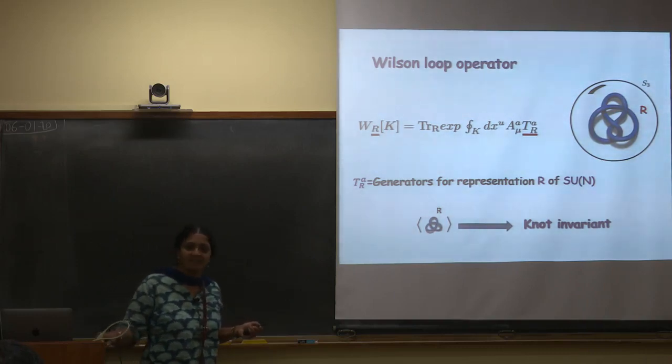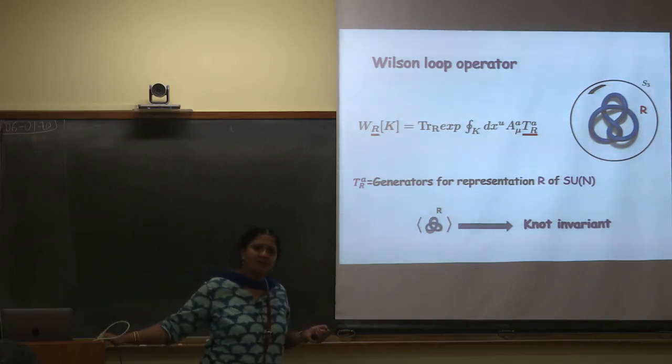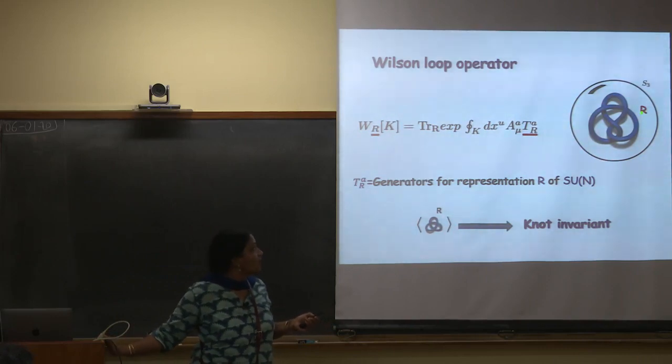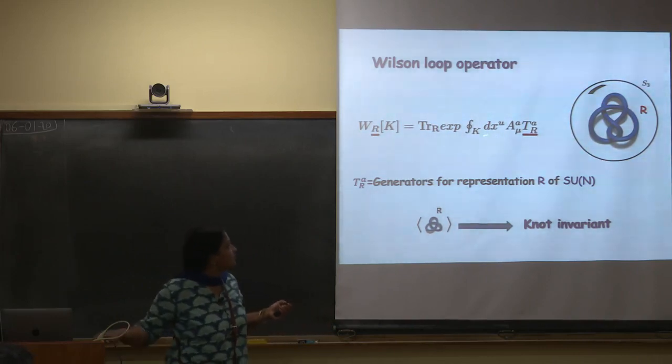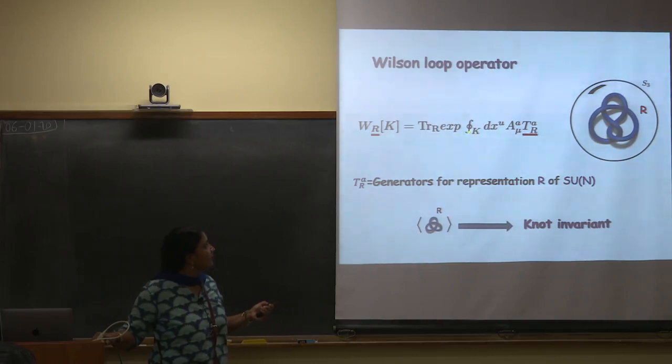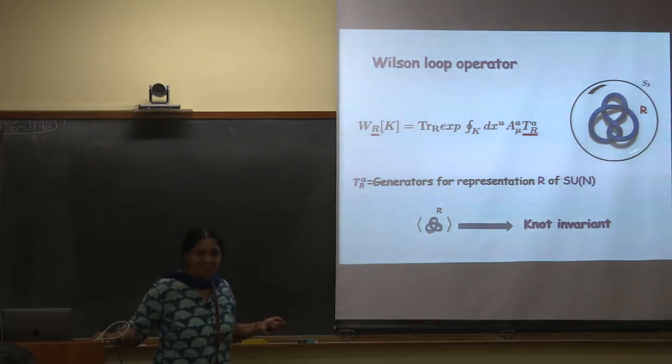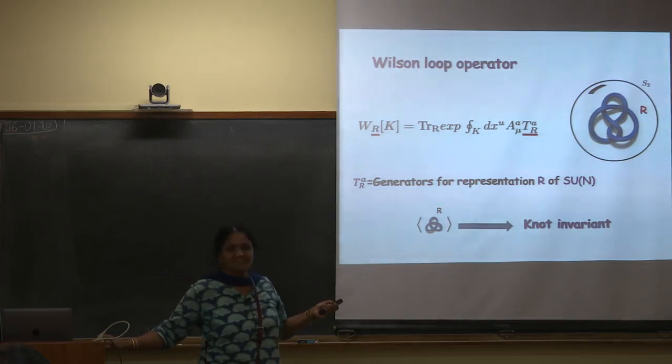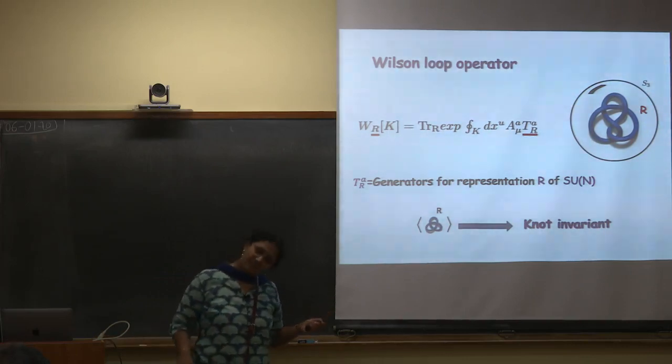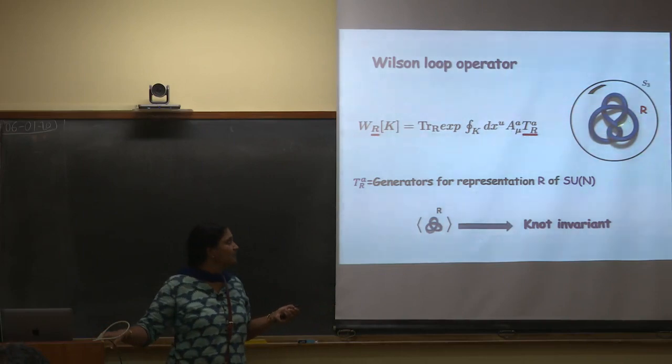Just a quick question. What is the knot here? Because this is some Wilson loop that you wrote, right? Yeah. So, in the equation, this is the integral over that curve, and that curve is the knot. Okay, so this is not 2-dimensional. It's not a tube. It's a line, right? Yeah, it's a line. I have just drawn it as a tube so that you get a feel of it. Basically a single line.